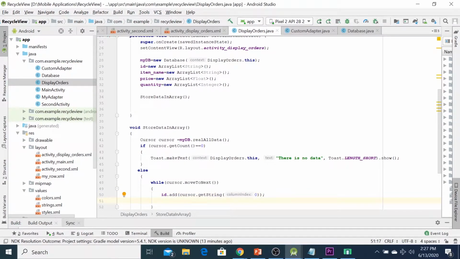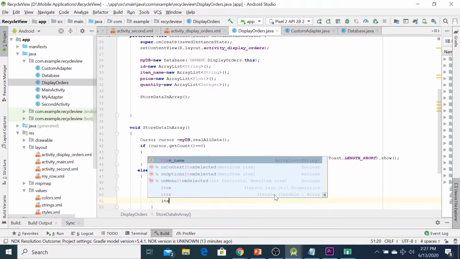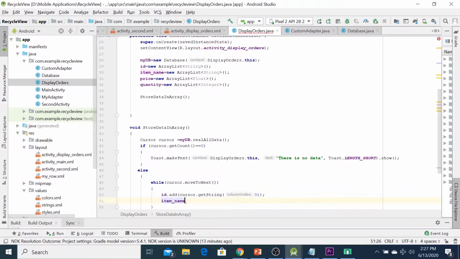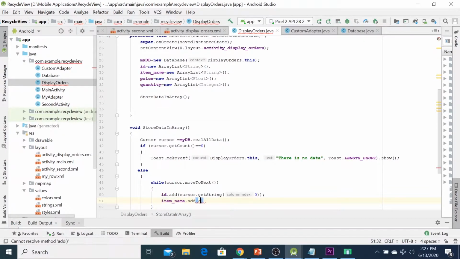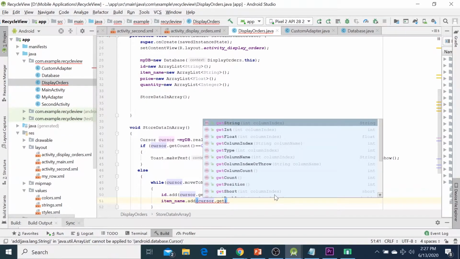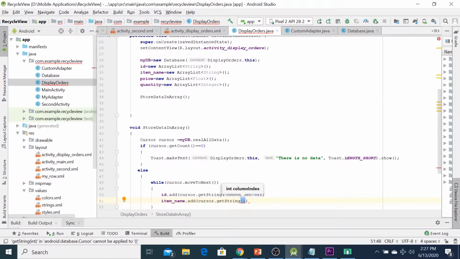Next we are going to read the item name. You can call the item name dot add cursor dot we use a get string to retrieve the data, column number 1.